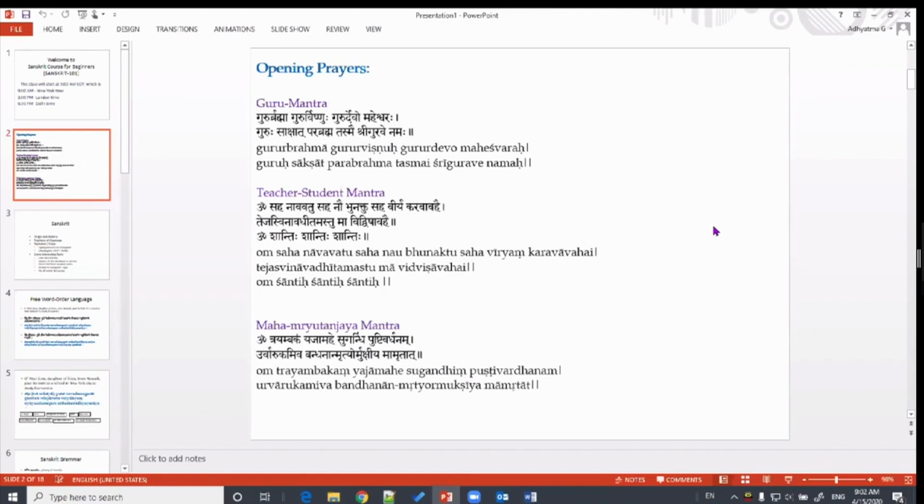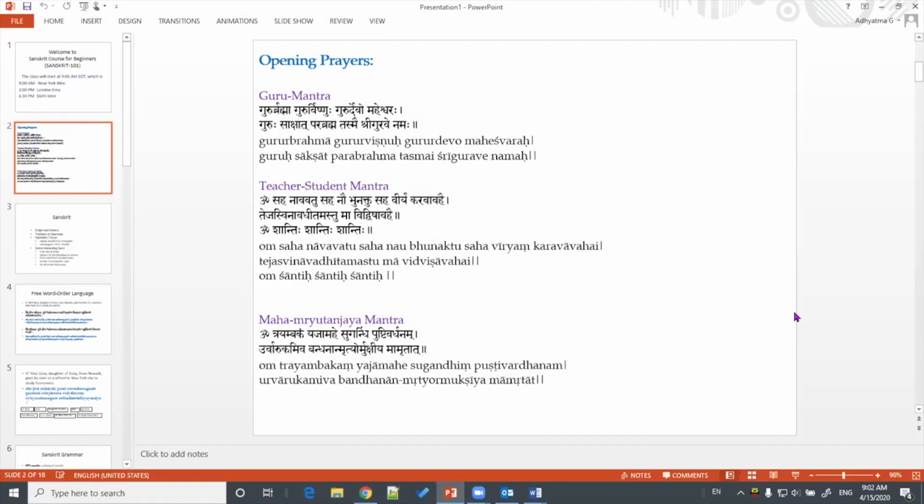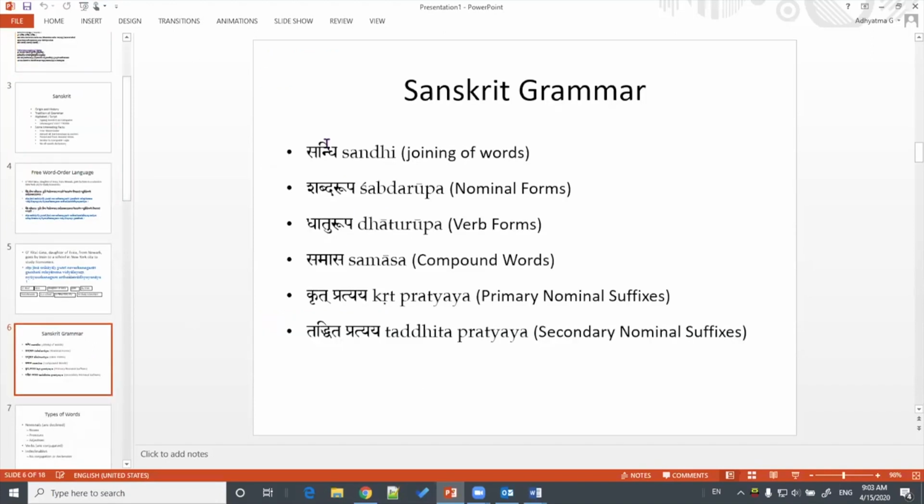Welcome everyone. We would be today covering a new topic, not exactly new because we have already covered Sandhi, Shabda Rupa and Dhatu Rupa in our previous classes, but today we will discuss a little bit more on Dhatu Rupa, that is verb forms. It seems like ages since we did the verbs last, and just to make sure that verbs keep themselves happy, they don't become upset with us, we'll look at verbs in a little bit more detail today.